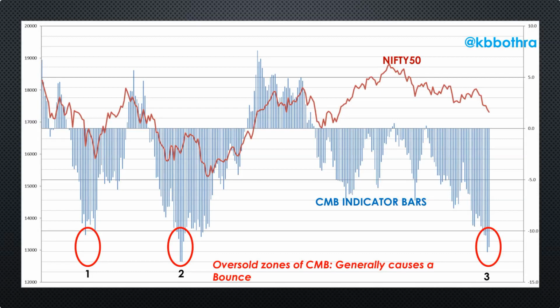So 2 data points which we've covered. One on the Banknifty chart showing the triple divergence on the Banknifty, as well as the very recent candlestick formations. And the second and the most important one, which is a bit of a different angle from the Nifty perspective and the Nifty in the overall market breadth, that's the CMB indicator.